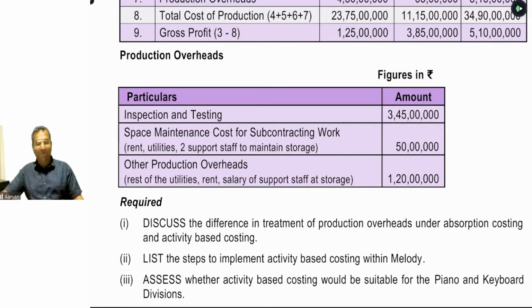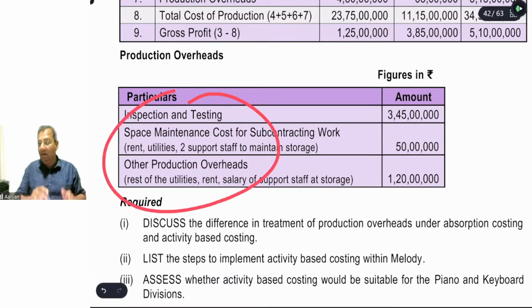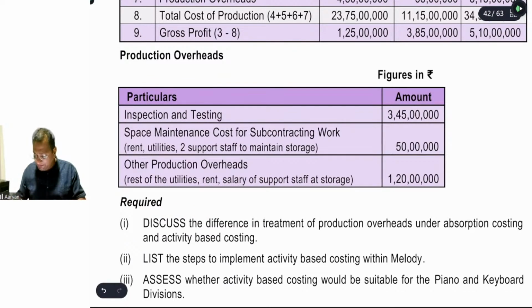Very good. Earlier you had given that we need to bifurcate, but after that you have provided me the correct answer. In this particular question, you are not able to calculate the production overhead cost under the ABC system for the product piano and for the electronic keyboard, because you have been given the cost pool, agreed. You have been given the activities, agreed. But nowhere have you been given the third part, that is the cost driver. Nowhere in the question have you been given the quantity of cost driver.